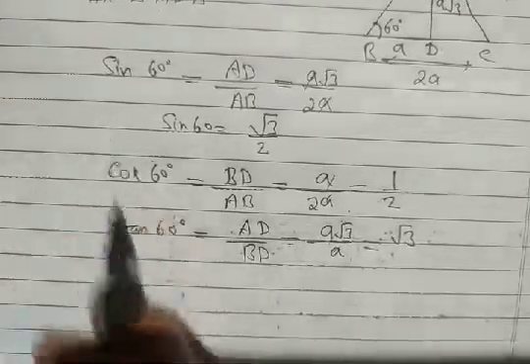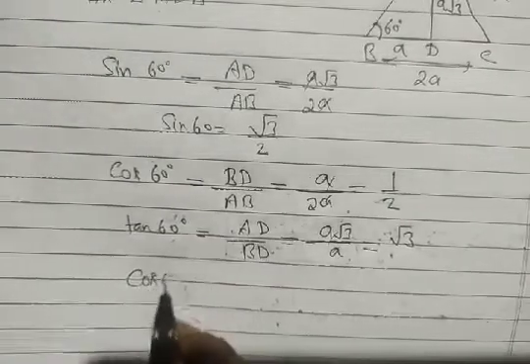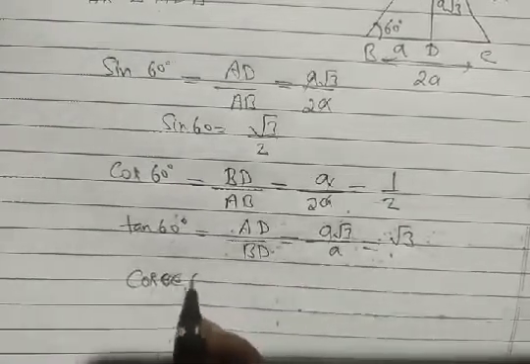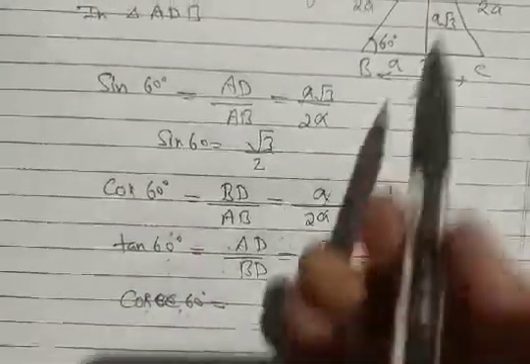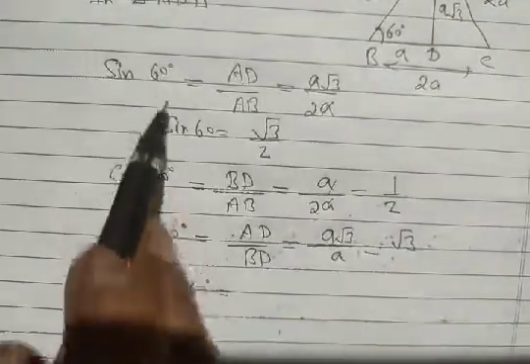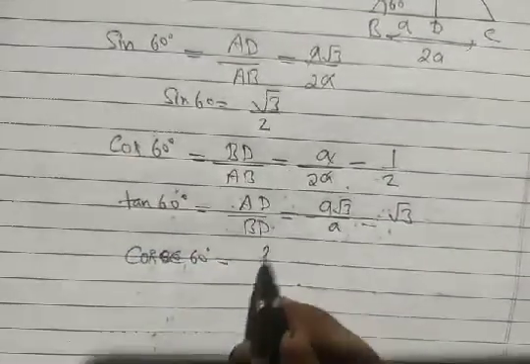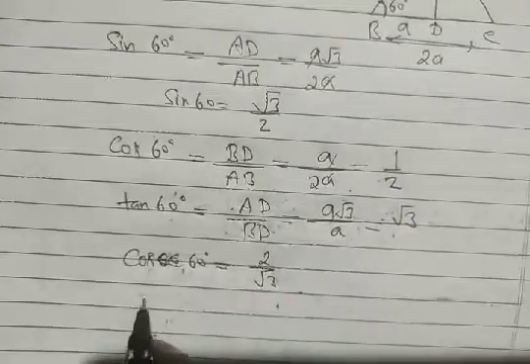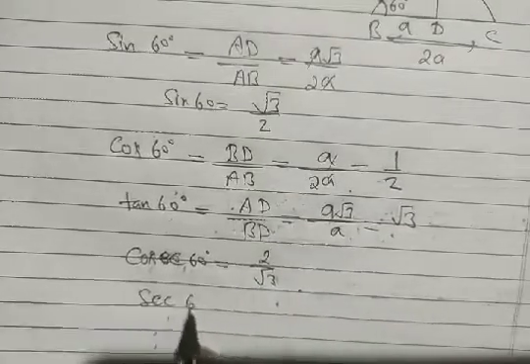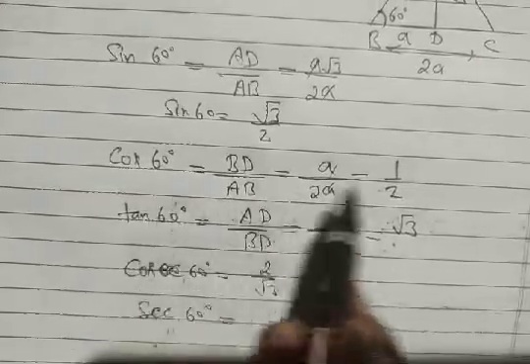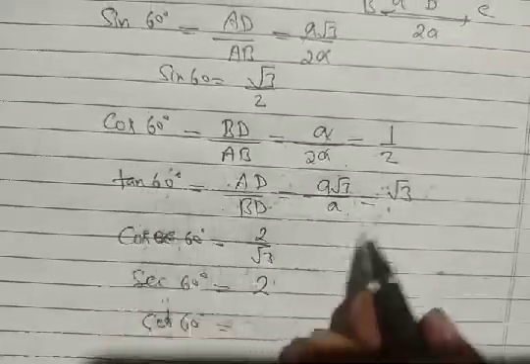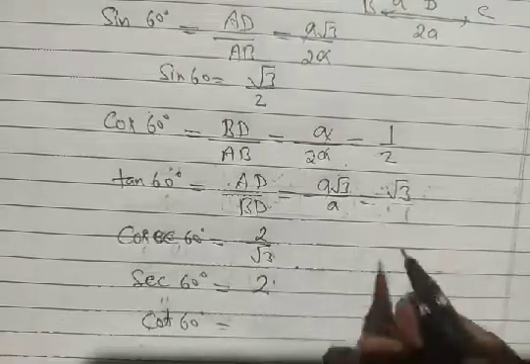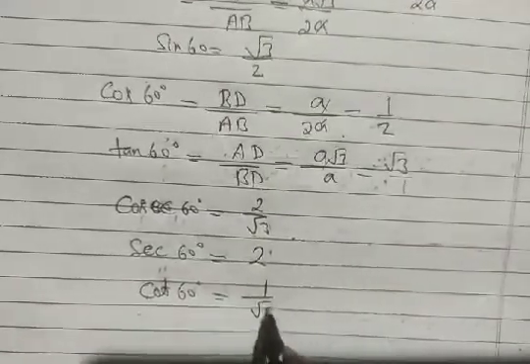the cosec 60, it's the reciprocal of sin 60. Whether you find it by definition values there, the value of cosec 60 is the reciprocal of sin 60, so its value is 2 upon root 3. Then sec 60 is the reciprocal of cos 60, which is 1 by 2, so it's 2. And then cot 60 is the reciprocal of tan 60, and the reciprocal of root 3 is 1 upon root 3.